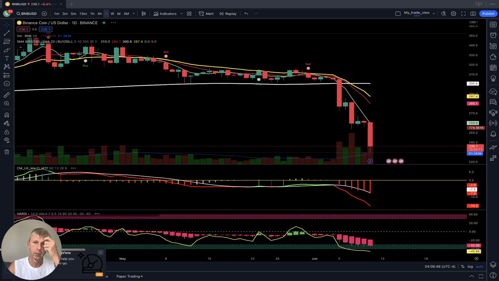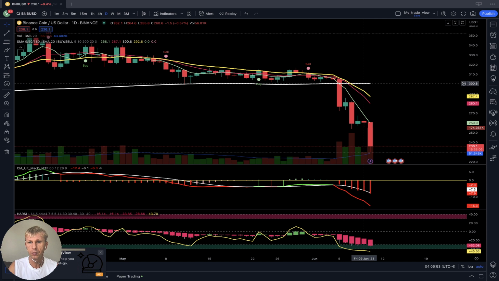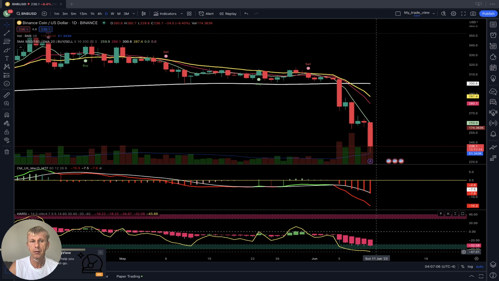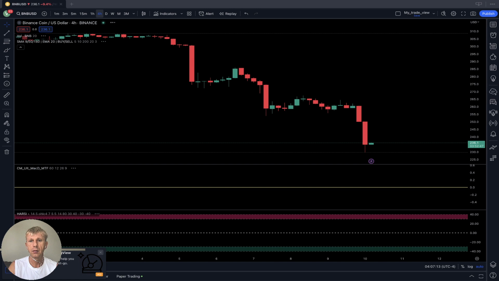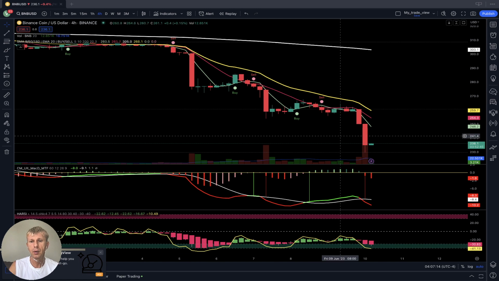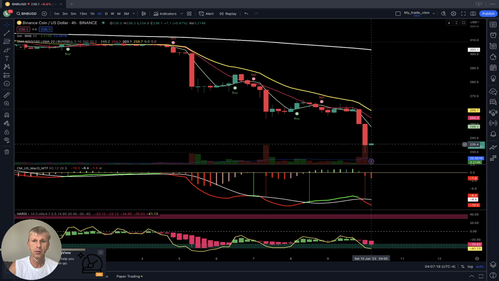Daily time frame for Binance, very negative. All moving averages did bearish crossover over 200. It is bearish trend. Last bar disconnected from 20. MACD, RSI very oversold condition at this 47 level. Very negative, very bearish on daily time frame for Binance. 4 hours time frame, similar, very bearish on all indicators, and RSI very oversold. Last bar far from 20.